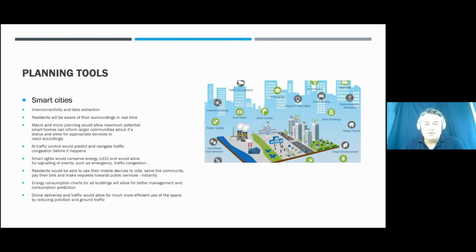So I'll give you an example. Let's say you have traffic that's getting congested. The sensors will pick that up and that can actually be sent to the central command, which will then in turn change the color of the lights, which will then signal to all other drivers coming into the area to try to find an alternate route, or that could be indicated with other lights as well, to avoid congestion that will be forming ahead of you.